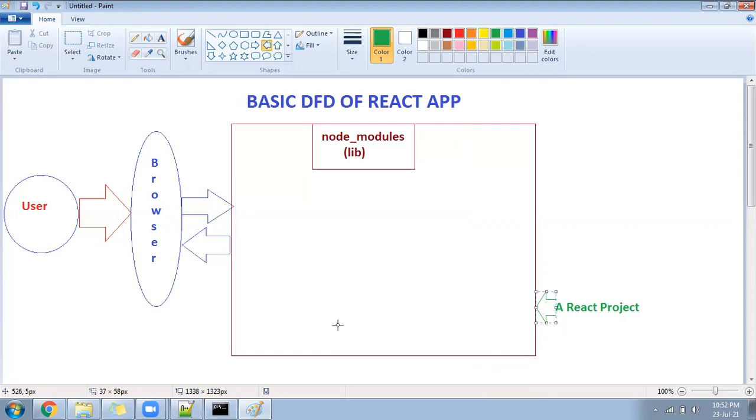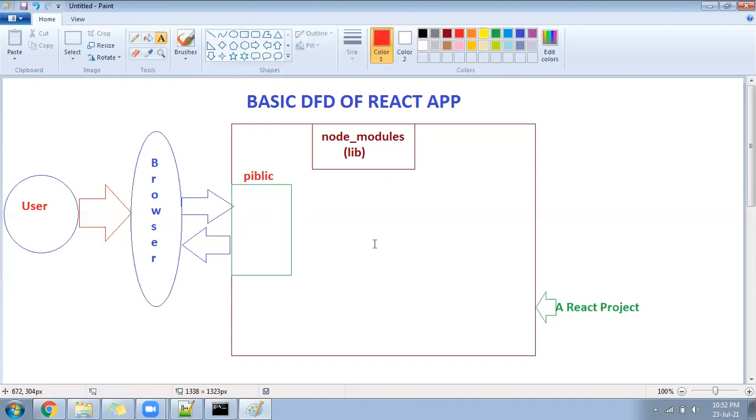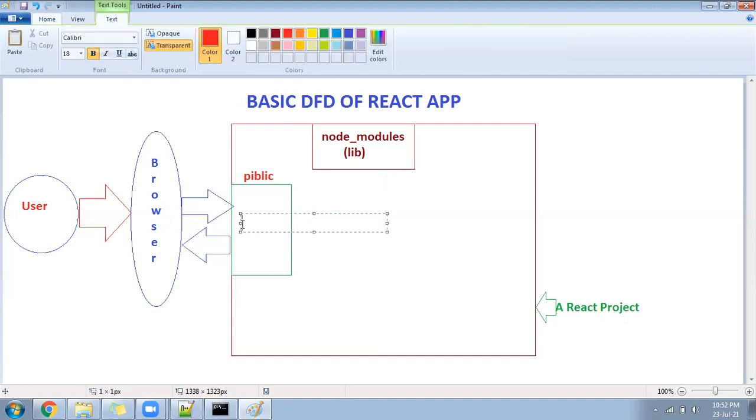And after that, what are we going to do inside? So you saw inside you will have one node modules that is called library. You will have one more folder that is called the public folder. Let me design that public folder here. This is going to be the public folder. I'll write the heading on the top, public folder. Then you will ask what will be inside the public folder. Brother, simply one file called index.html. Okay, there will be one simple file, index.html.